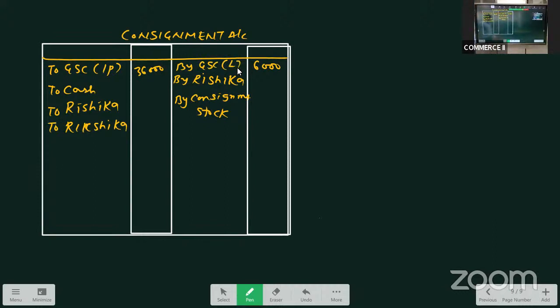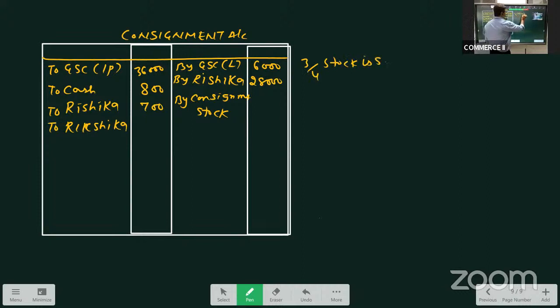What are the expenses paid by consignor Ritika? Those are 800 for insurance and transport. That will take on the debit side. What are the expenses incurred by consignee? Consignee incurred an expense of 700. What are the sales made by consignee? 28,000. 3/4 stock